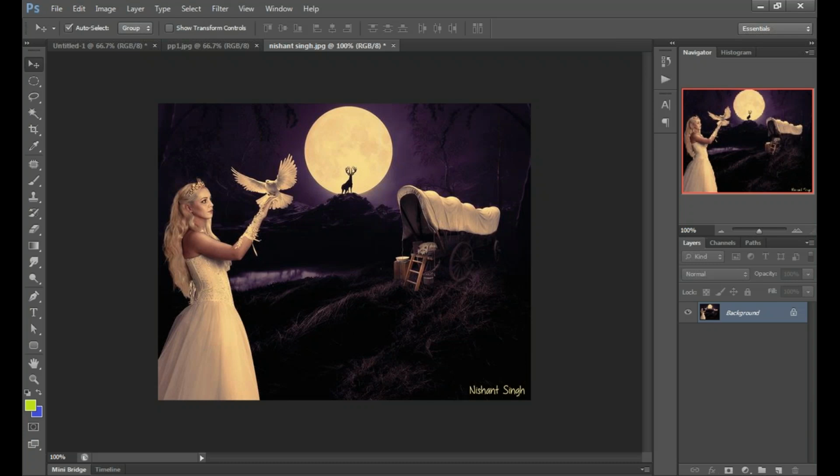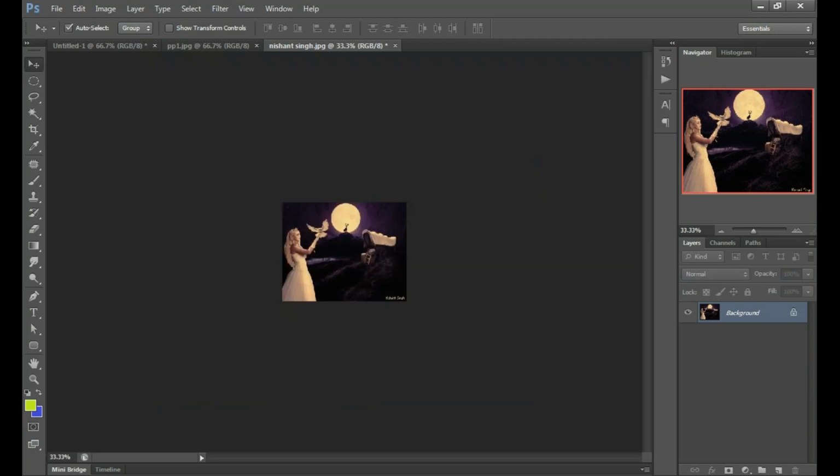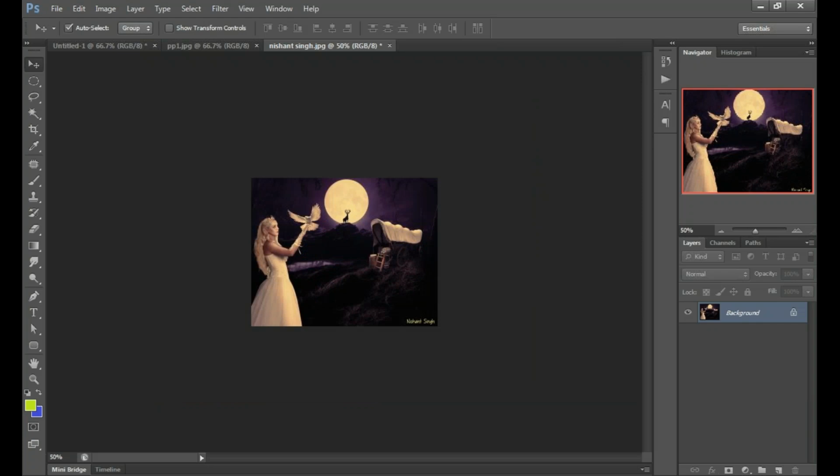So you can see the percentage of that document from here, near the color boxes. It's showing 100%. Now I'm going to zoom out that image, like press Control minus on your keyboard. It's becoming small. I will press Control plus.